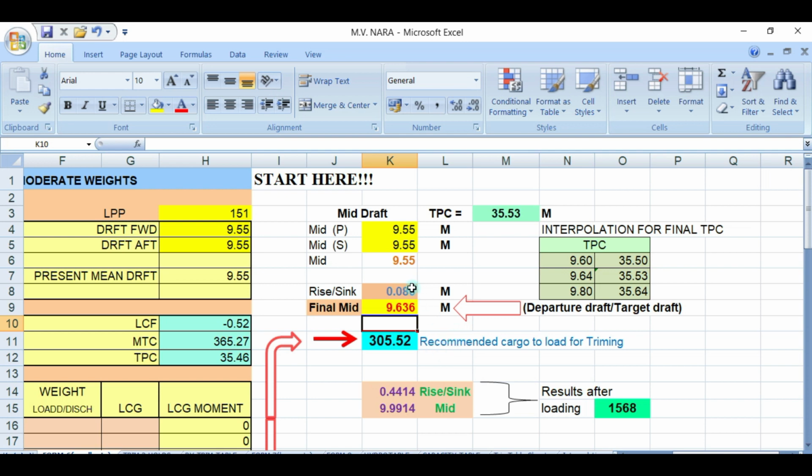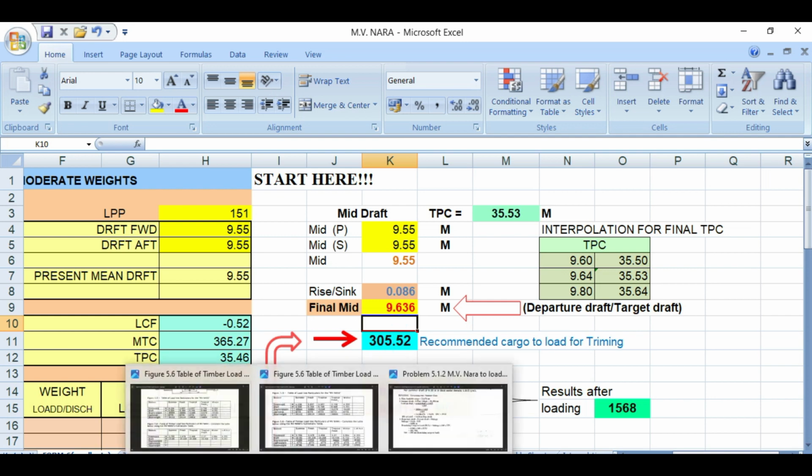So your departure draft of 9.636 minus your mid draft, you will have a sinkage of 0.086. Okay, again, your departure draft at port, local density of 1.015, minus your actual mid draft, your sinkage will be 0.086.